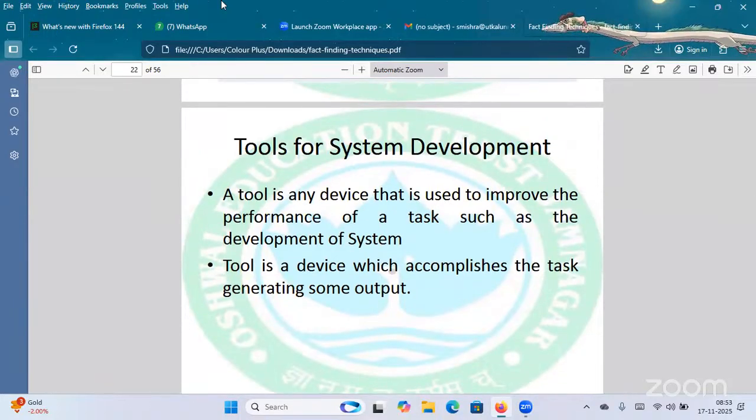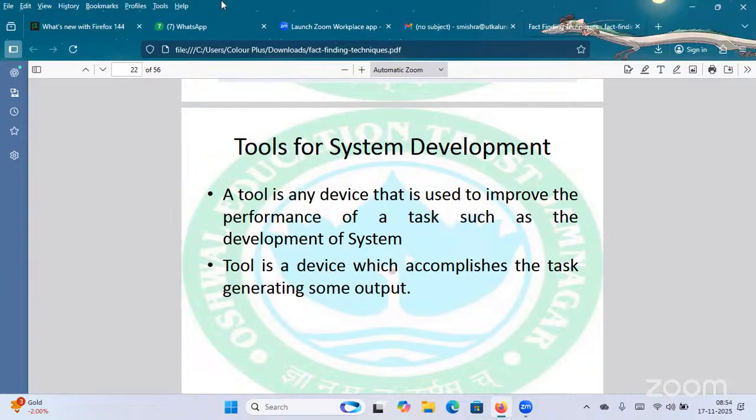Then these are the fact finding techniques. So the fact finding techniques are normally used to gather information for analysis. Clear? So these are the tools. Now we will study about the tools used for system development. Means some techniques we have to follow before the development of the system. That is the tool is